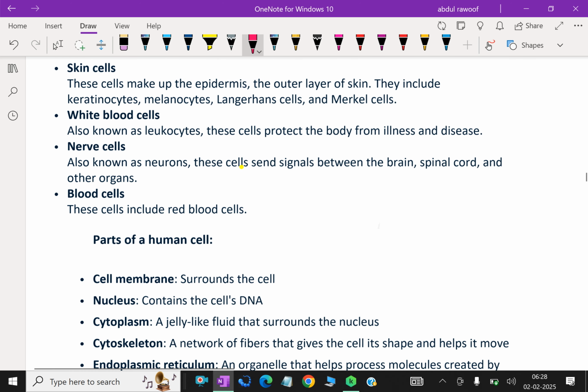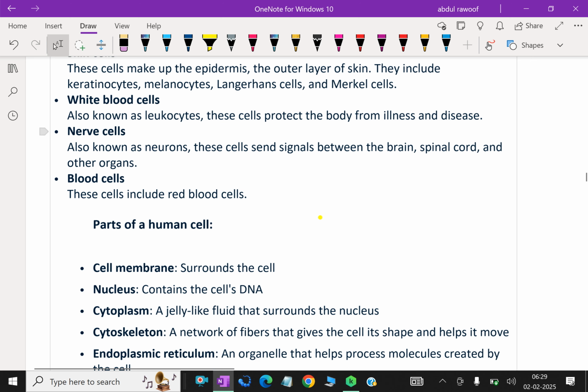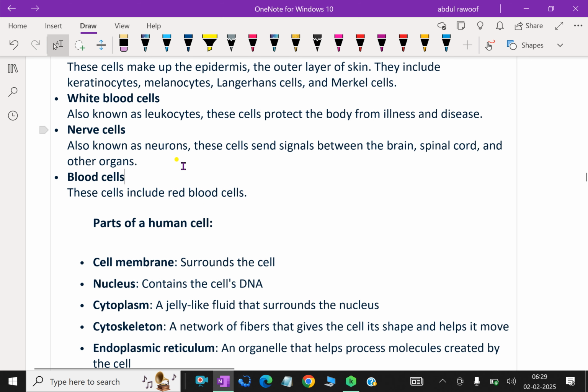Types of human cells. Skin cells make up the epidermis, the outer layer of skin. They include keratinocytes, melanocytes, Langerhans cells, and Merkel cells. White blood cells, also known as leukocytes, protect the body from illness and disease. Nerve cells, also known as neurons, send signals between the brain, spinal cord, and other organs. Blood cells include red blood cells,